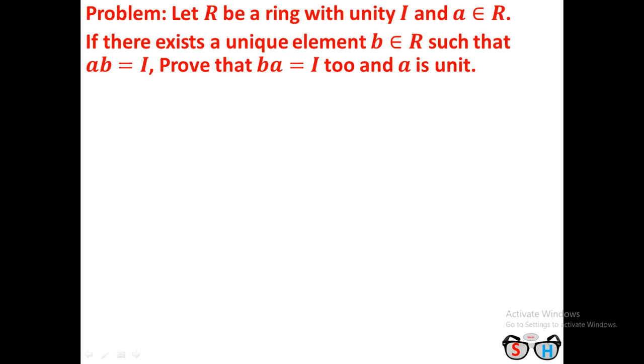That means if you multiply A with some element, I don't know what the element is, suppose K is an element such that A dot K equals I, then K must be equal to B. Because it is given that A dot B equals I, where B is a unique element, that is, if you post multiply A with some element to get I, then that element must be B. However, we have to prove that BA equals I, that is BA minus I equals 0. We know that A into something equals I means the something must be equal to B.